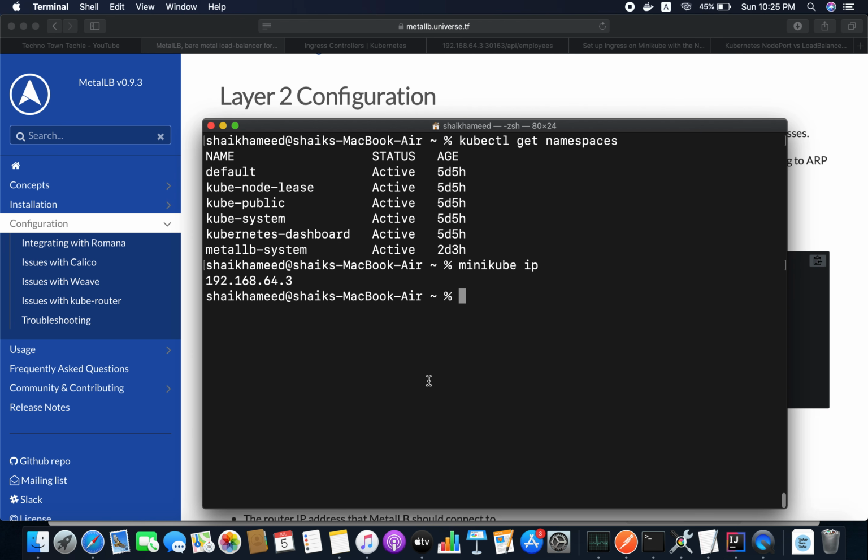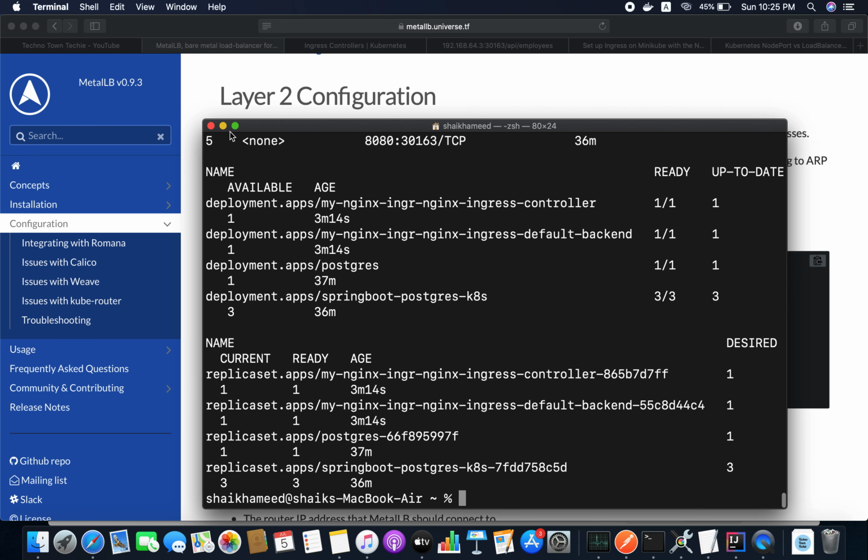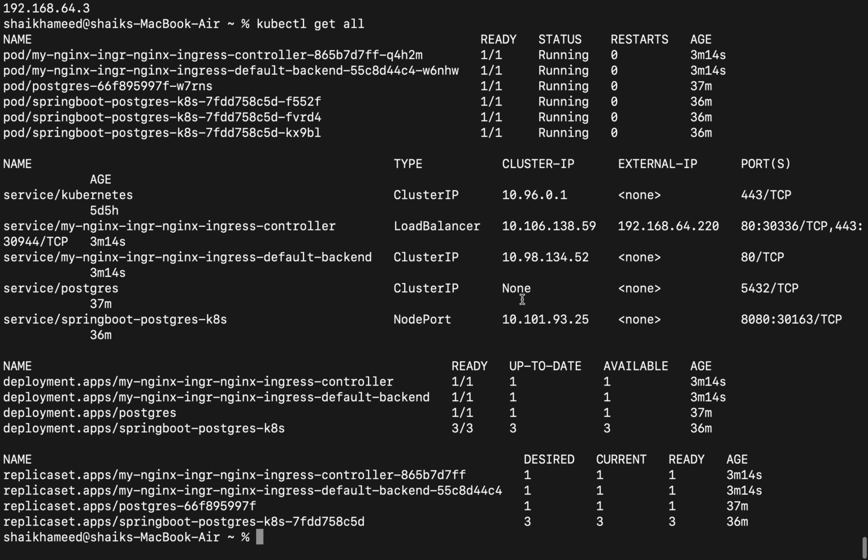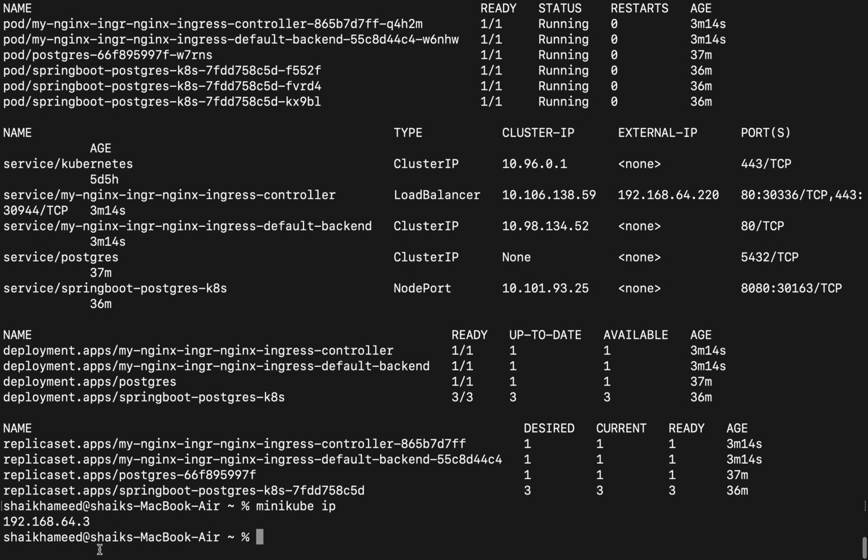I will show you how it will take. kubectl get all. If you observe here, let me check. My Minikube IP is 192.168.64.3, so I took the range 192.168.64.220 to 250 as the load balancer range.